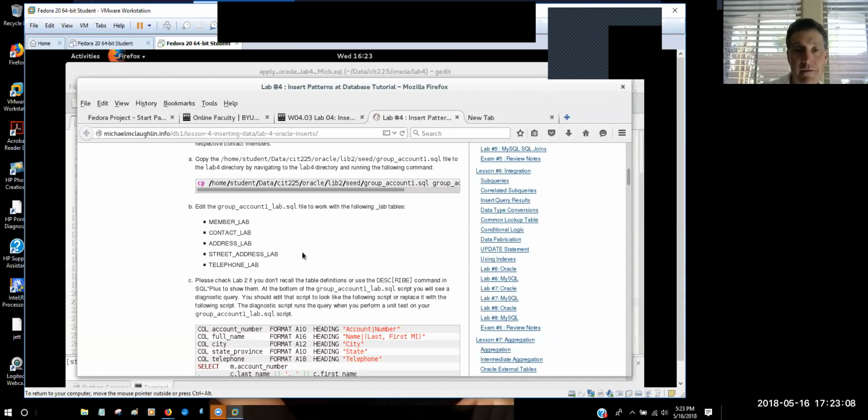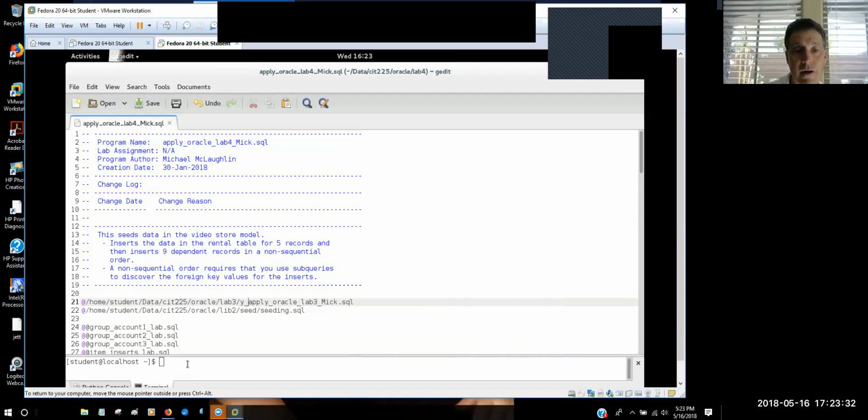Once you've got your first one, your group account 1, edited and saved in your lab4 directory, then you can run it by running your apply Oracle lab4. So when you're ready to run that first one,